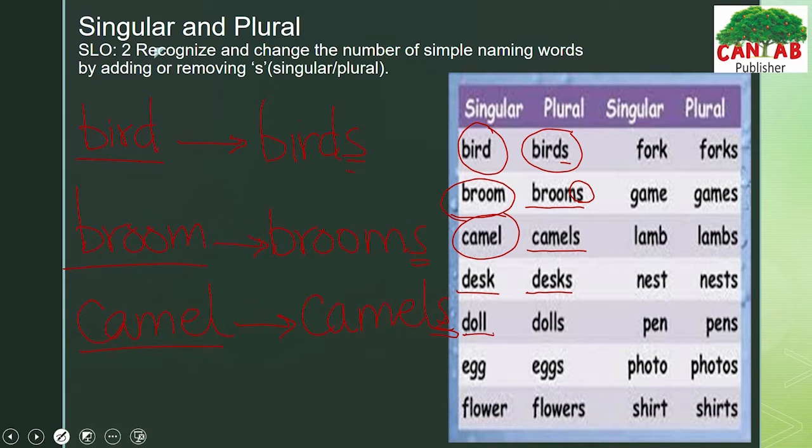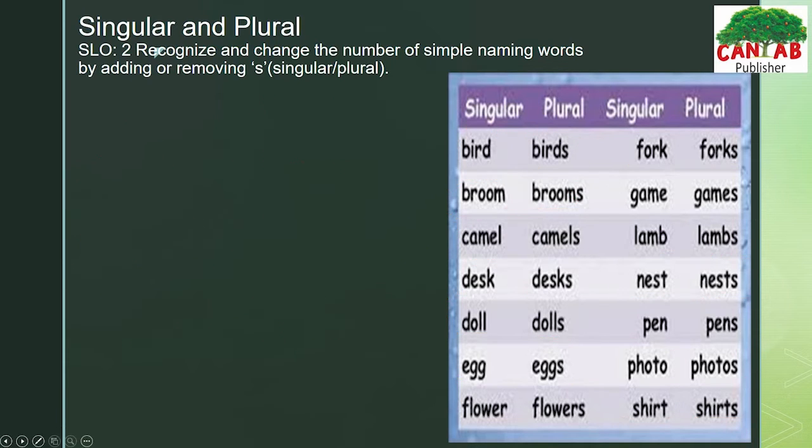Desks. Doll. Dolls. Egg. Eggs. Flower. Flowers. Frock. Frocks. Game. Games. Lamb. Lambs. Nest. Nests. Pen. Pens. Photo. Photos. Shirt. Shirts. I repeat, when you have one mango, you write it as